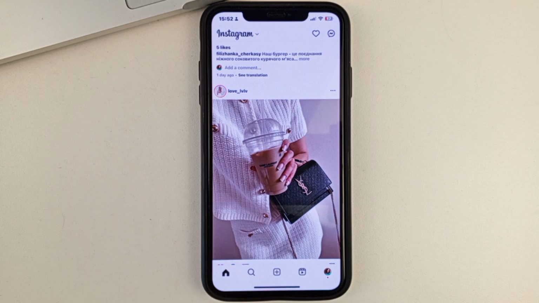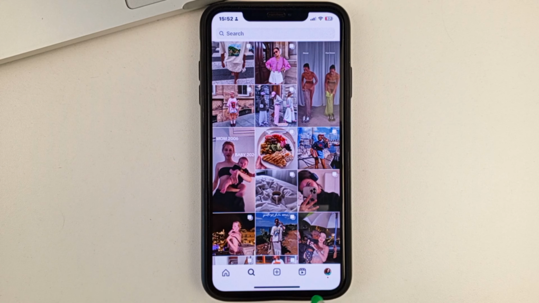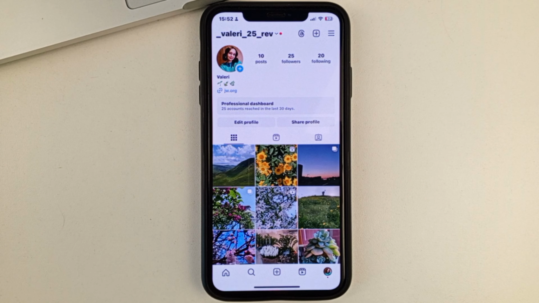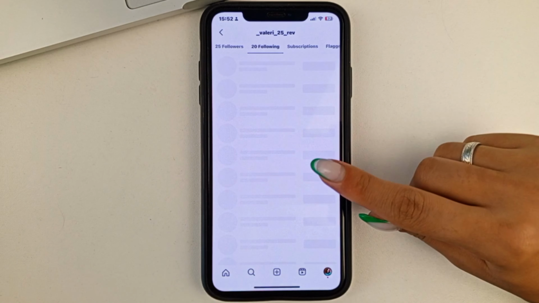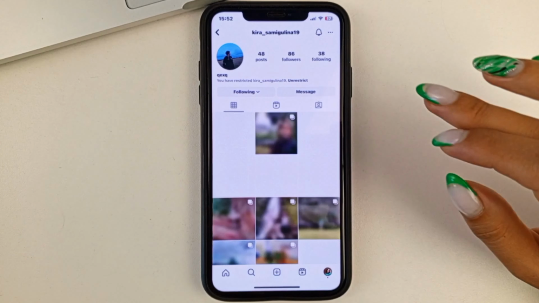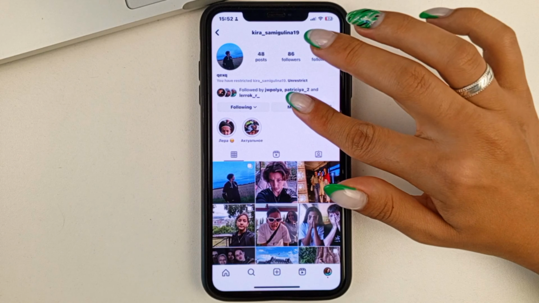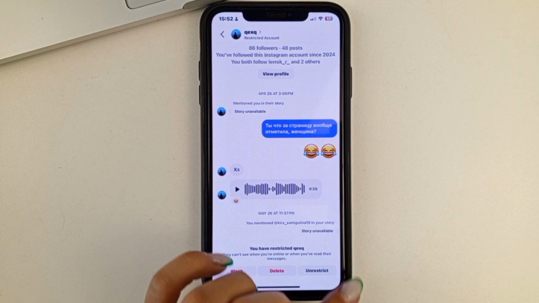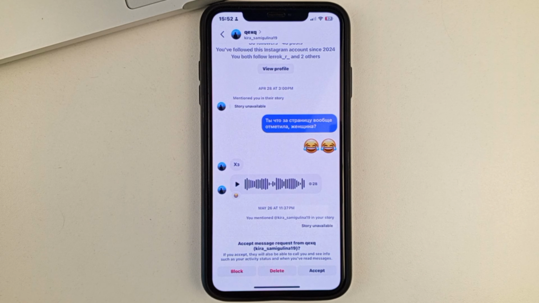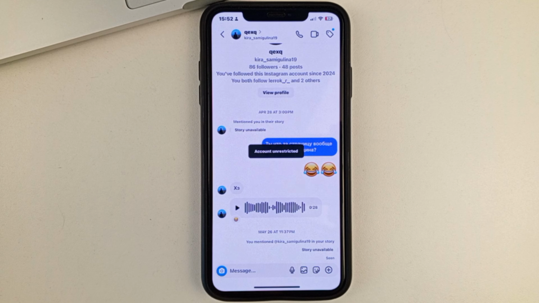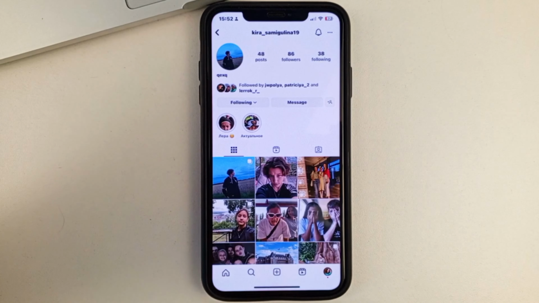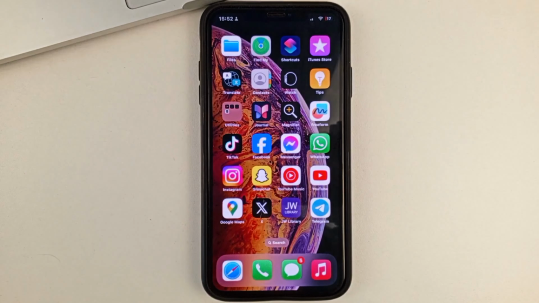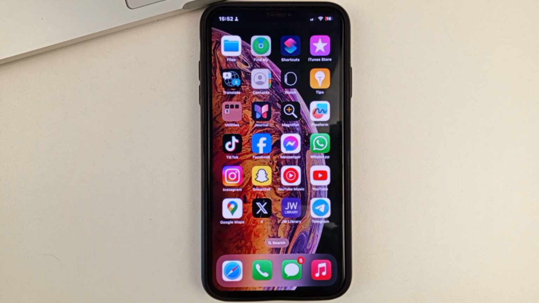To do this, you will just need to find this person, let's say through the search or in your subscriptions or subscribers. Find this person, then click on Message. And here you will need to click on this function to remove the restrictions from the person. After that, you can immediately write to such a person, and he will never know that you have hidden the chat in Instagram. This is the very simple way you can hide chats in Instagram app without deleting them.